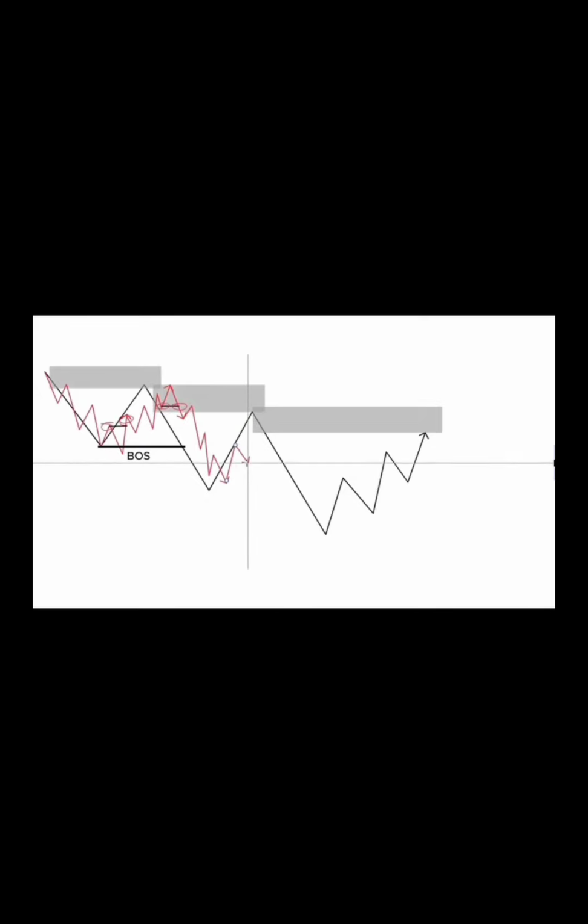And a high time frame external pullback during a downtrend is an internal uptrend. That happens when the last internal high breaks to the upside and the market follows